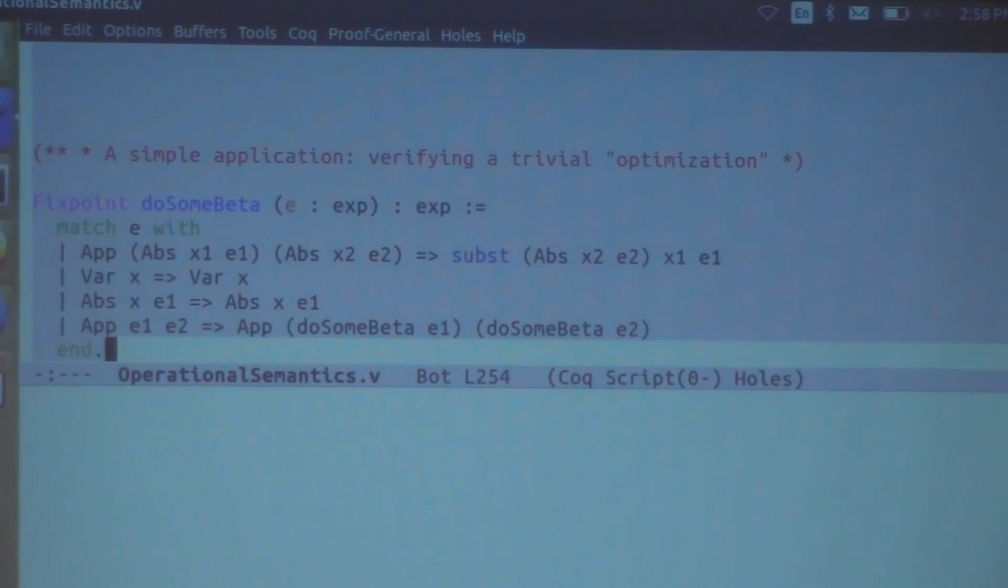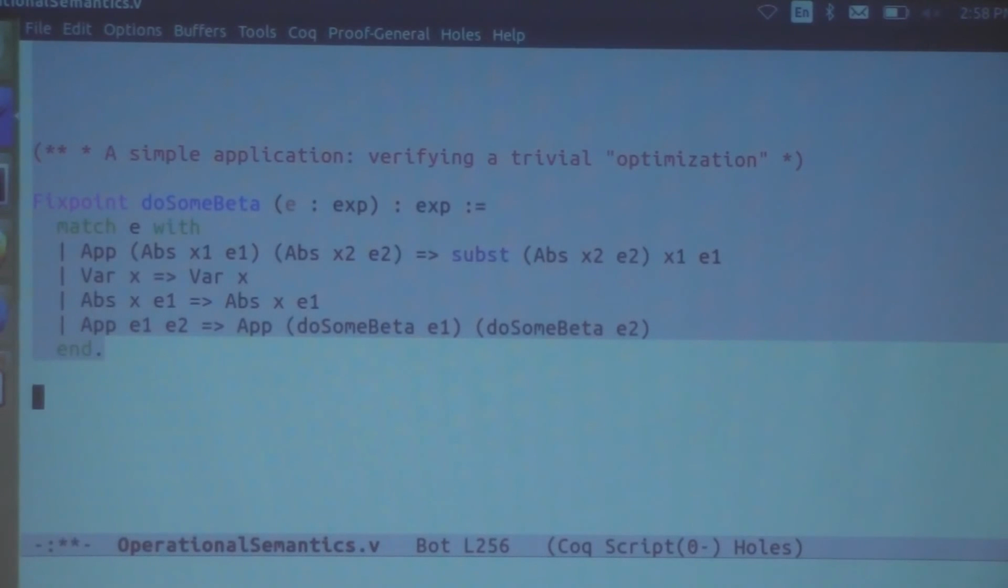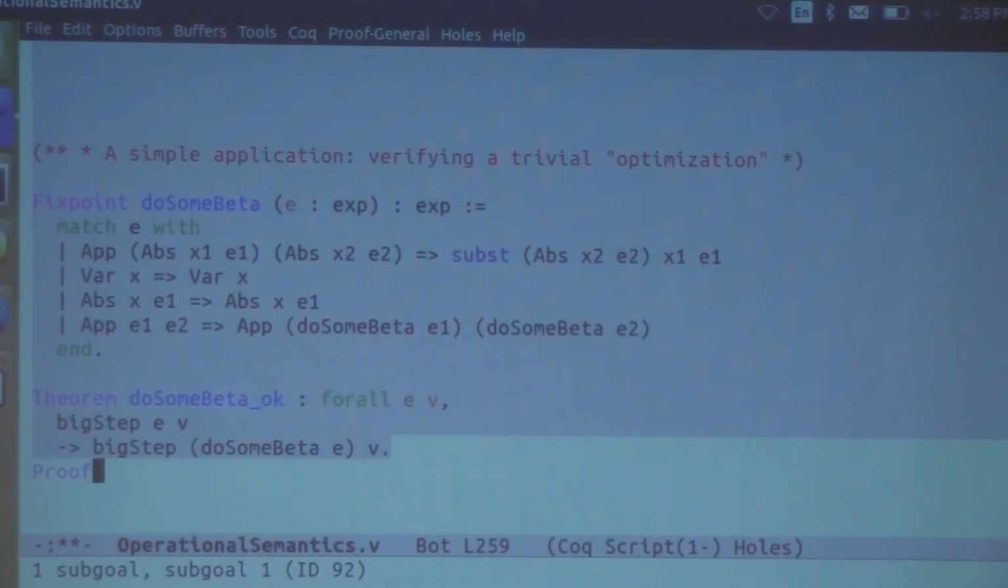So this is a really silly program transformation that, well, it's not really silly. It performs all the beta reductions available in a term at once instead of just picking one, except it stops before going underneath a lambda. So it's a somewhat arbitrary program transformation that we might want to prove. I'll make more space here. We might want to prove it preserves program behavior, and the most natural way to do it is to show that for any expression, if it evaluates to some value, then after we run this do some beta, it still evaluates to the same value. And this is pretty easy to do by induction on big steps